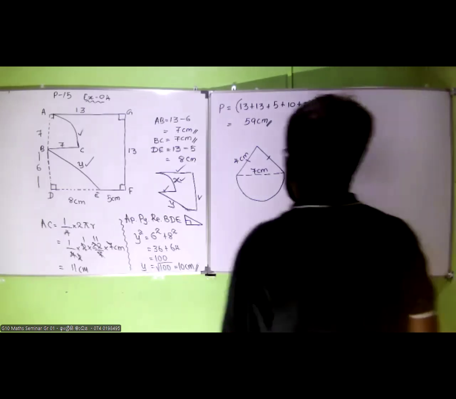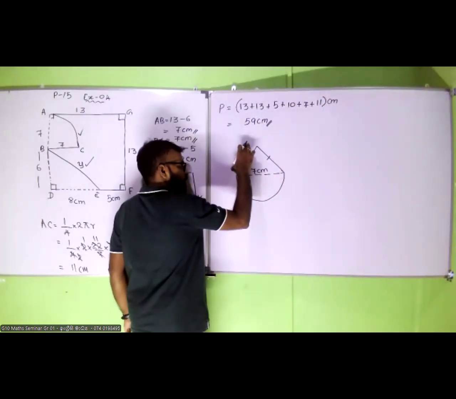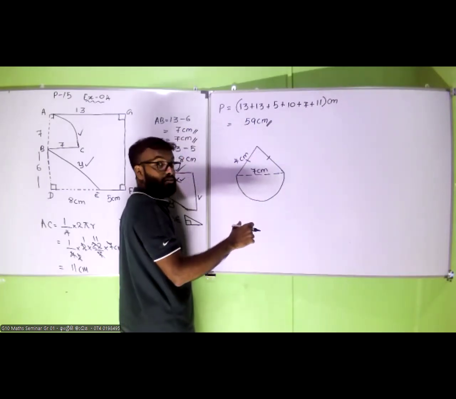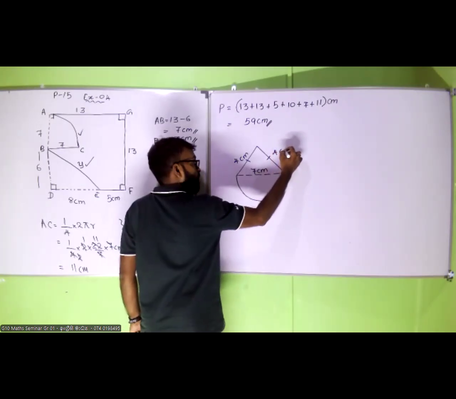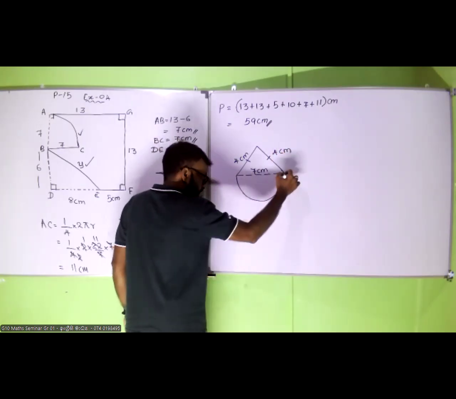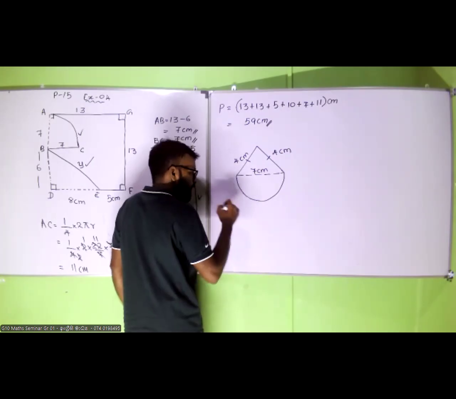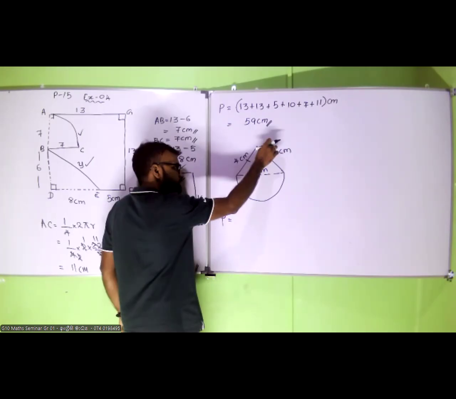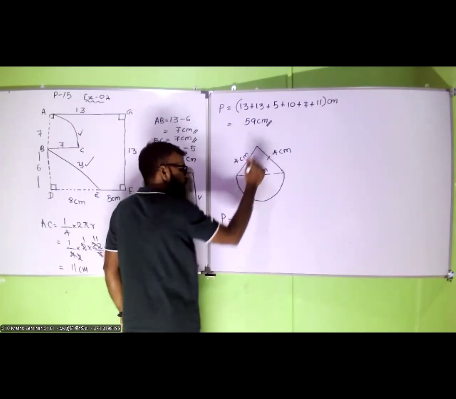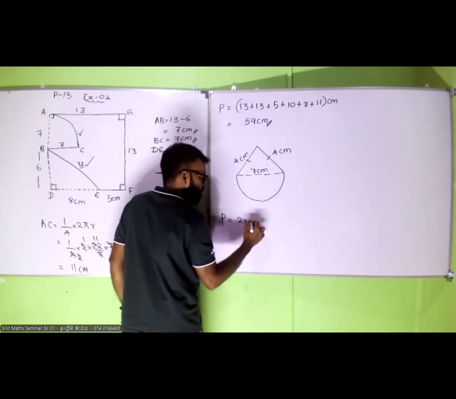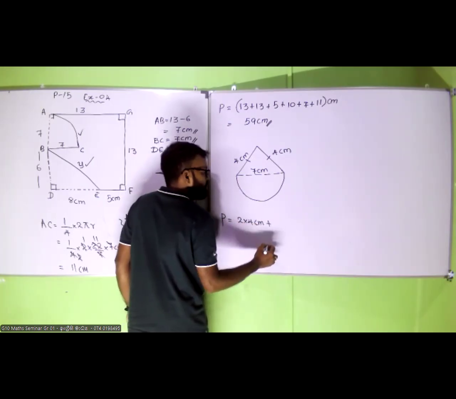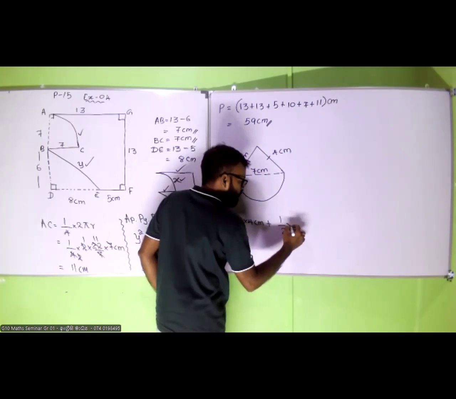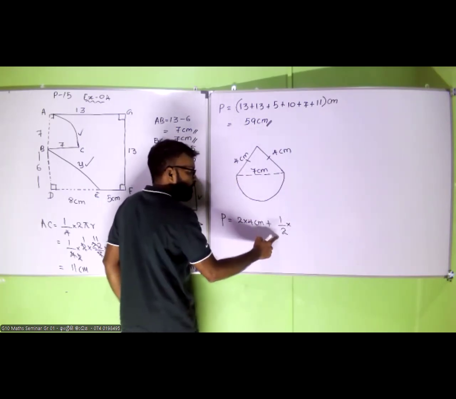Right? Okay. If this is 4, this is an isosceles triangle, so we can say equilateral triangle also, and this is also 4. Right? This is a half circle. So at once I will write the perimeter of this figure: 4 plus 4, 2 times 4 centimeters, plus this arc length, which is half of this multiplied by